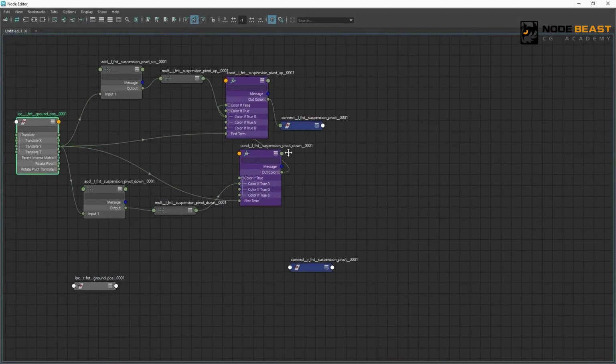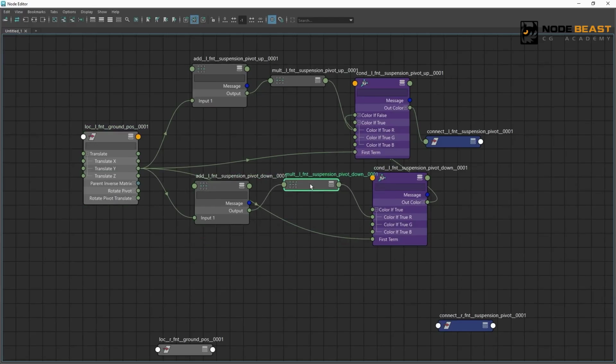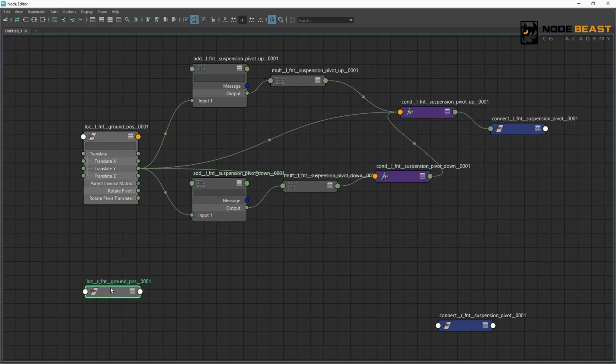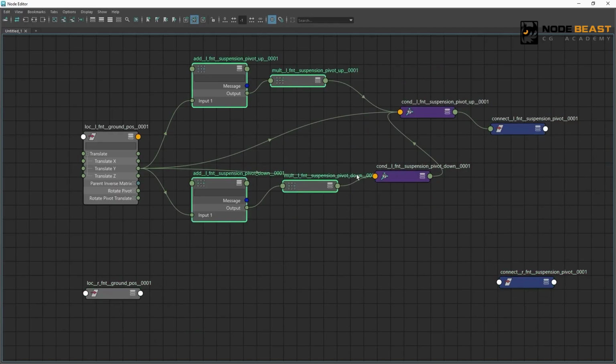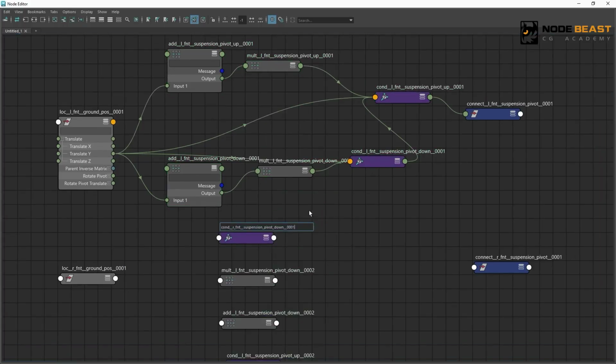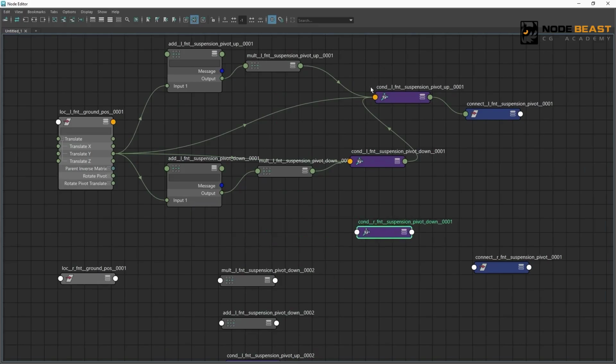Maximize the window. Then let's see. This is our node connection for the front left wheel. Let's use the same method to connect the front right wheel. The settings for the front right wheel are all the same, so let's duplicate all the nodes and rename them. The benefit of duplicating is that all the values will be preserved. We don't need to set them all over again.